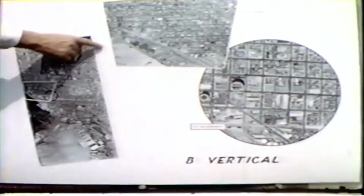The B configuration carries a 36-inch lens to cover an 18 by 18-inch format, which portrays a 6.6 mile square of the ground from the vertical. Here is a 10 diameter enlargement taken from 13 miles high, which clips